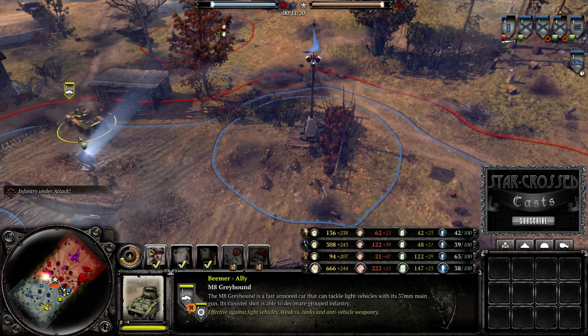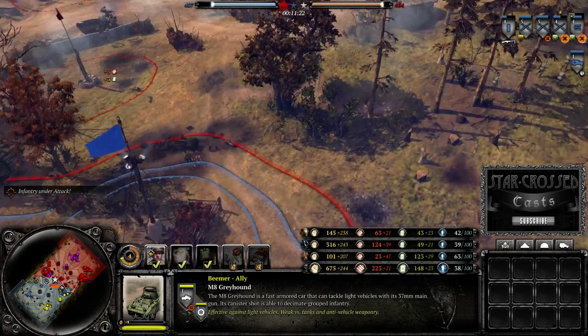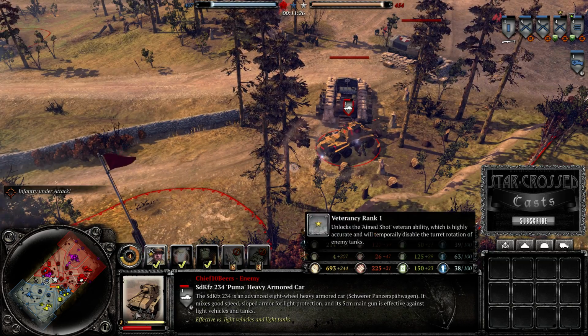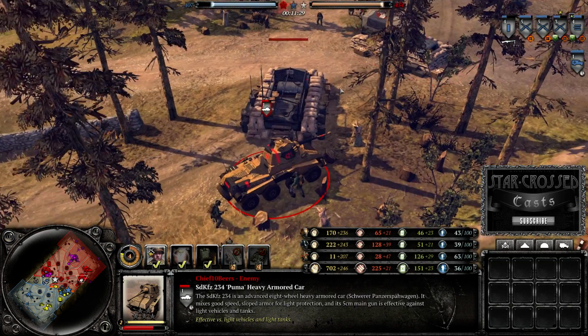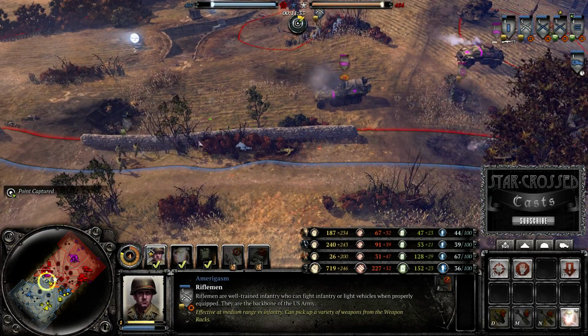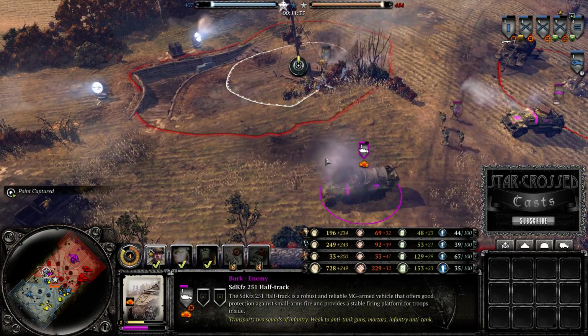50 cal taking up a position in the house. It looks like things are going pretty well over here on the right side. The Puma's taken some significant damage. It will be vetting up very soon, and of course a vetted Puma is still a very significant threat. A lot of changes in this patch, but no changes to the Puma, so it's just as deadly as it ever was. We do have a rifle grenade hitting